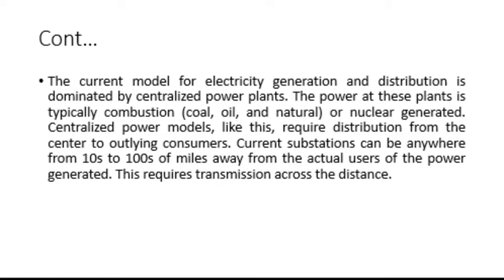what is written on this slide is that the current model for electricity generation and distribution is dominated by centralized power plants, which we have already discussed; we are solely depending upon centralized power plants. What do centralized power plants include? We have coal, oil, or natural gas. But again, these resources are not free. We have to extract them from the earth. Coal is available inside the earth, oil and natural gases are also natural, that are also free, but the